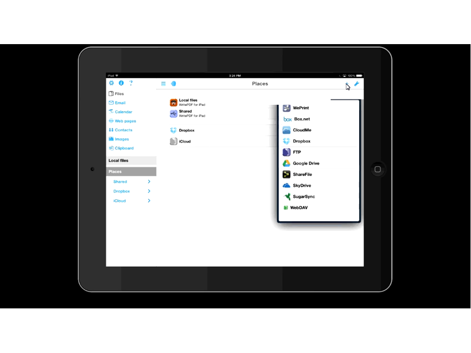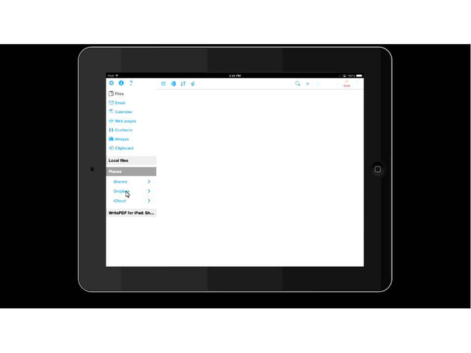You can see we can add several different things. Google Drive is on there. SkyDrive for Microsoft is on there. Pretty much any way that you're sharing things over the cloud, you're going to have access to with this Write PDF tool. So if you want to access what you have in Dropbox, you just go down here, tap on